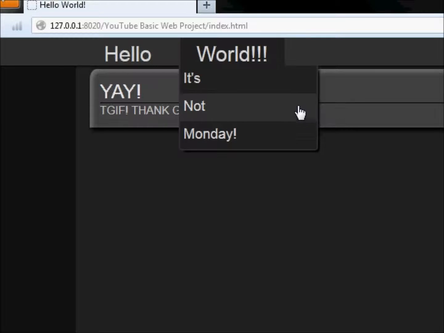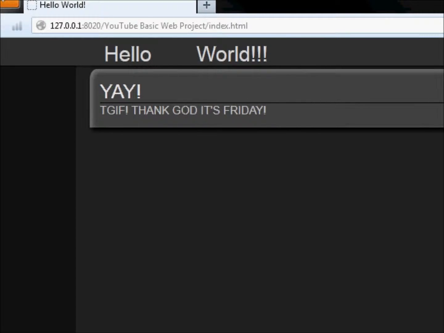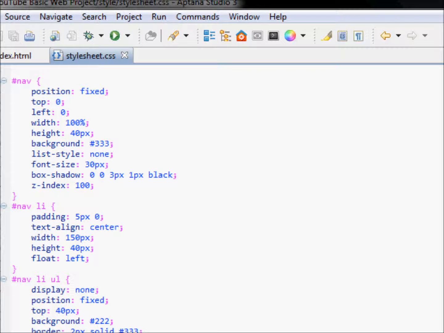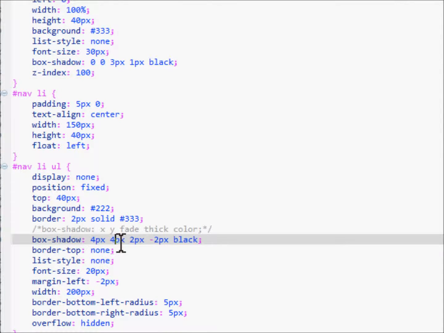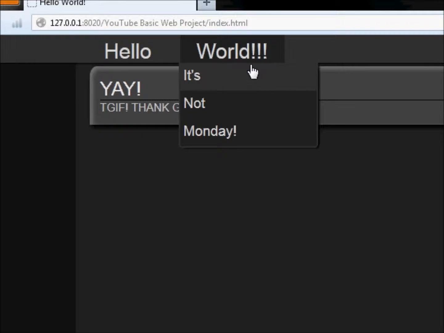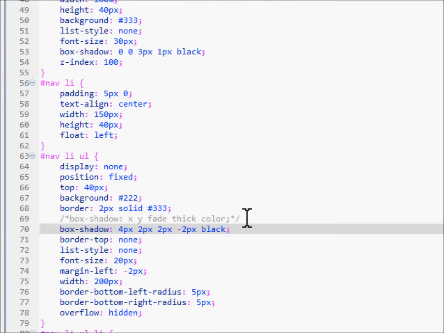Okay. Well, now I'm seeing a bit of an issue here, which I thought I'd see if I did that. So I'm going to go down here and I'm going to change the Y back to 2 pixels. And that actually still does not fix it for me. I'm going to go back down here and,